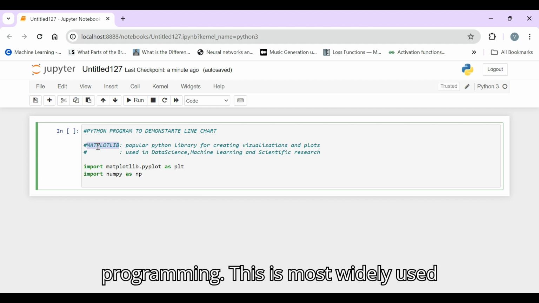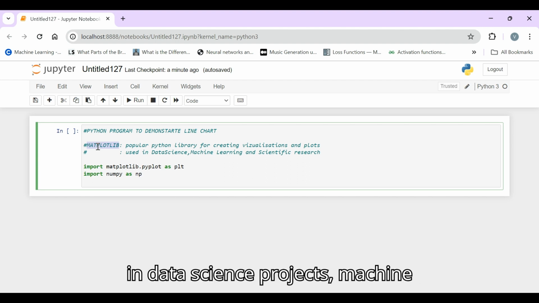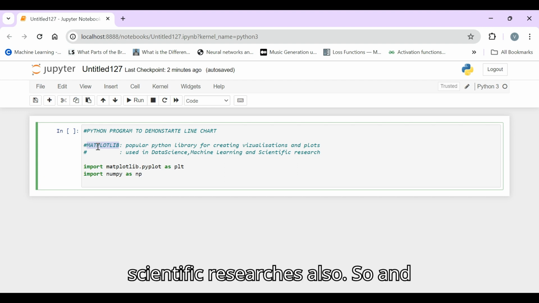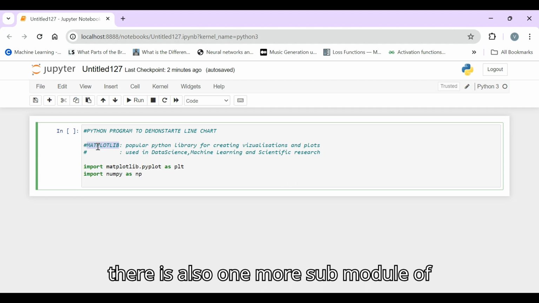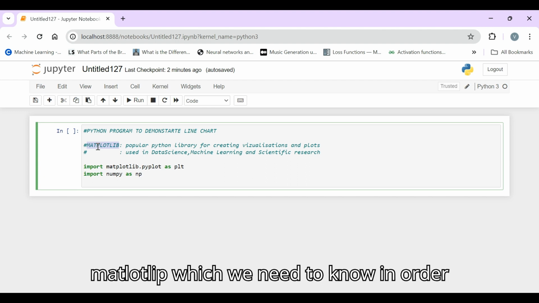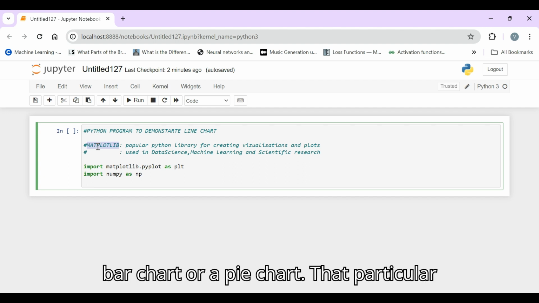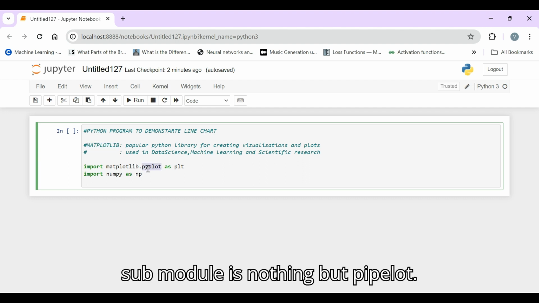This is most widely used in data science projects, machine learning projects, and also in some scientific research. There is also one more sub module of matplotlib which we need to know in order to draw a line chart or a bar chart or a pie chart. That particular sub module is nothing but pyplot.